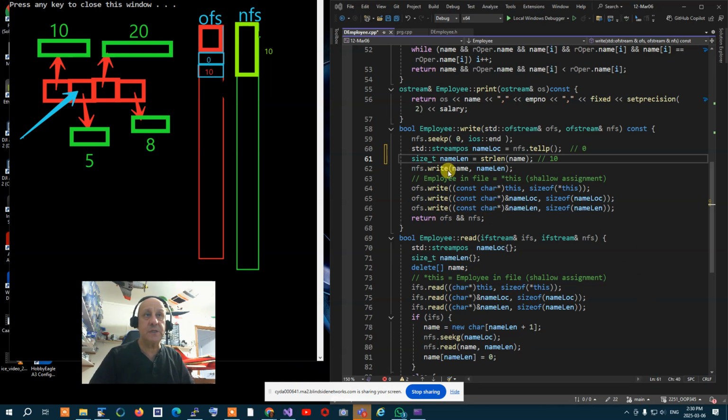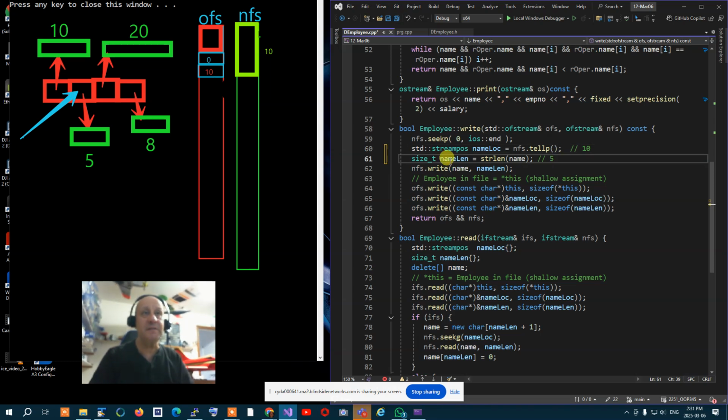So it's going to first go to the beginning of the file. It's going to go to the end of the file, which is here. So it says seek 0 and n, so it's going to go right over here, and it says put name lock in here. So what's going to be put over here is 10, because 10 characters were written, so the name location will be 10. Then it gets the length of the name, which is 5, so 5 will go